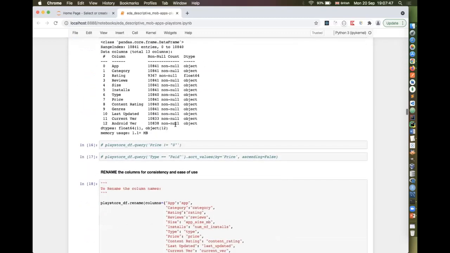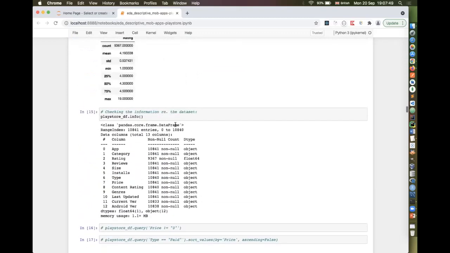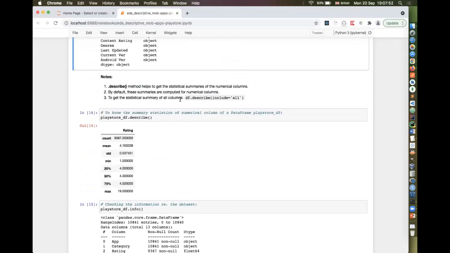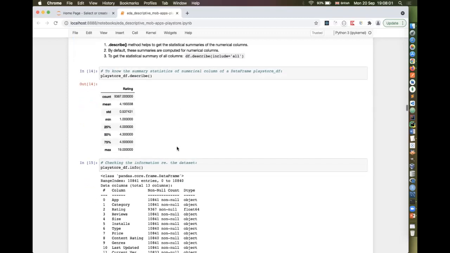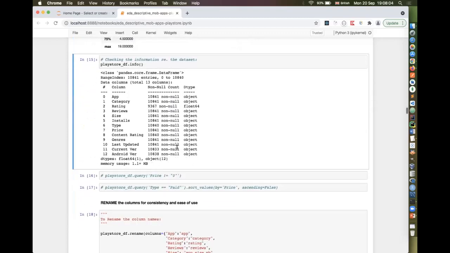If you want to know for categorical columns, including both numerical and categorical columns, you would pass the argument include equals all. And this is another method, info, wherein you can get overall info about the column names again and their data types, and how many are null and how many are non-null, and how many entries, that is the number of rows, and its memory usage.